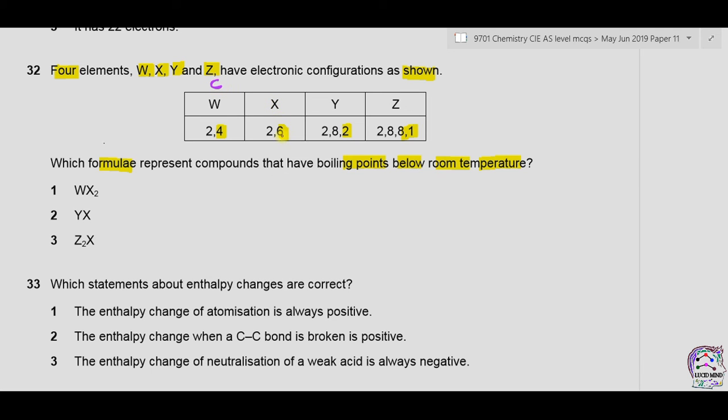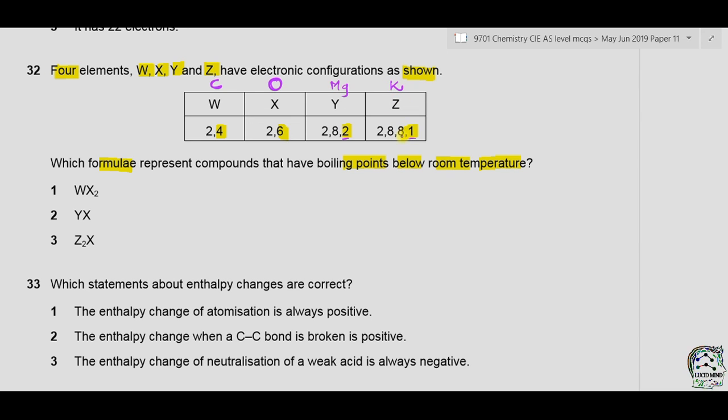X is in group 6 of the periodic table, and in total we have 8 electrons, so there must be 8 protons, so it could be oxygen. Y is in group 2 of the periodic table, and in total there are 12 electrons, so there could be 12 protons. So Y could be magnesium because magnesium atomic number is 12. Similarly, Z belongs to group 1 of the periodic table, so it could be potassium as the atomic number is